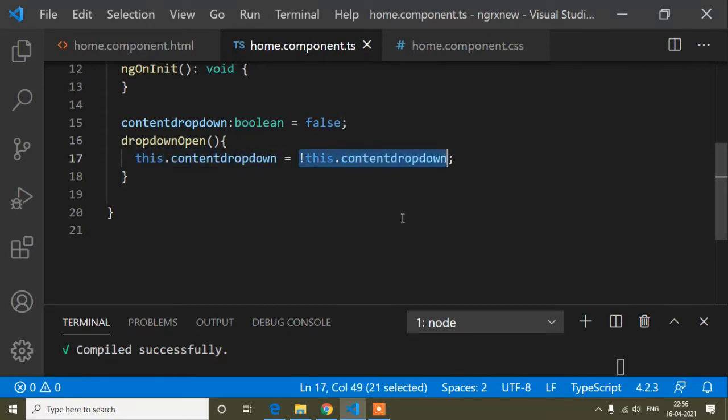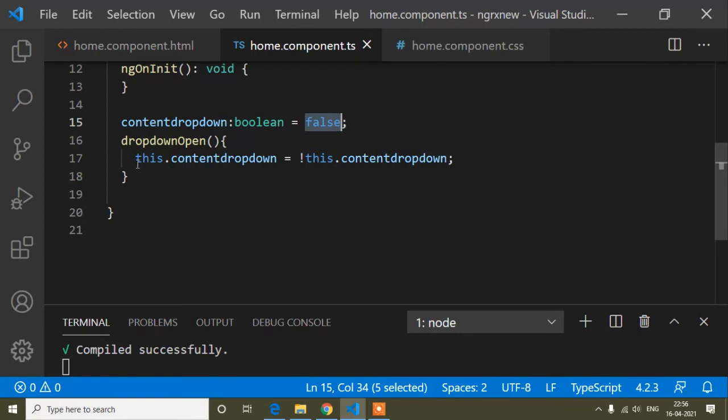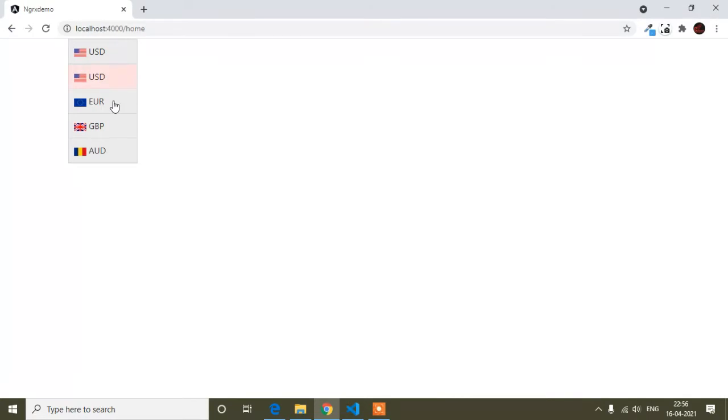So if I save and show you, you can see first of all by default the div is hidden because here by default is false. After that we have written the same as an if else condition. We can use it this way. So now if I click, it's showing. If I click again, it's hidden. So the first functionality I have done here. And now the second thing, guys, I will show again, that is when I click here, an active class will be added here, and when I click another, it will be added there.